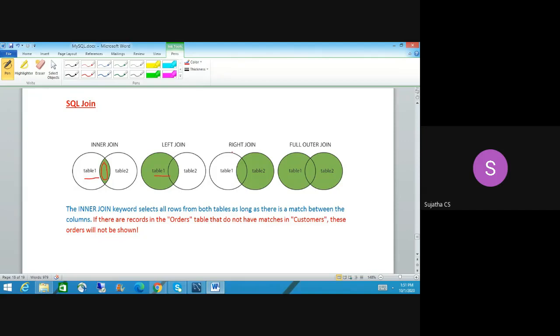It is vice versa for right join. If you give the proper query of right join, it will take the orders table, all the content, and the common columns of both tables. Full outer join means it will select star from customer table and order table. It will return all the data.